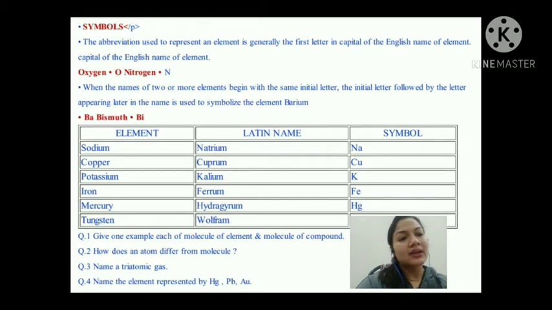The reason is that when hydrogen was discovered, it was given the symbol H. But when helium was discovered, they realized that if they put only H, it would resemble hydrogen. So they took one more letter from the word helium, that is e. So now the helium symbol is He. The same goes for carbon and chlorine.